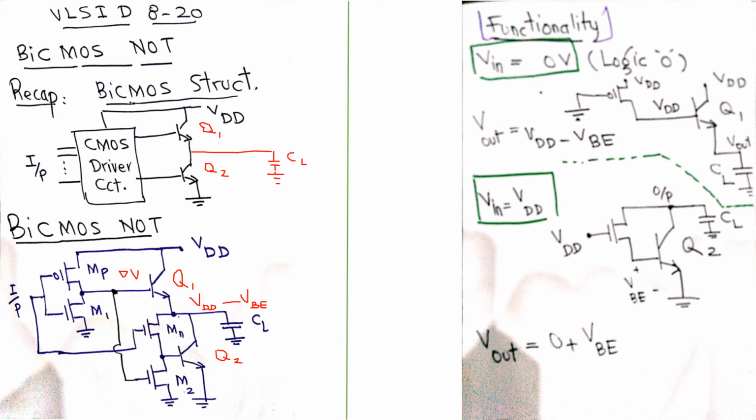This means the output here isn't VDD minus VBE, because the voltage 0 volt here is not able to turn this transistor Q1 on, so the output is not VDD minus VBE,